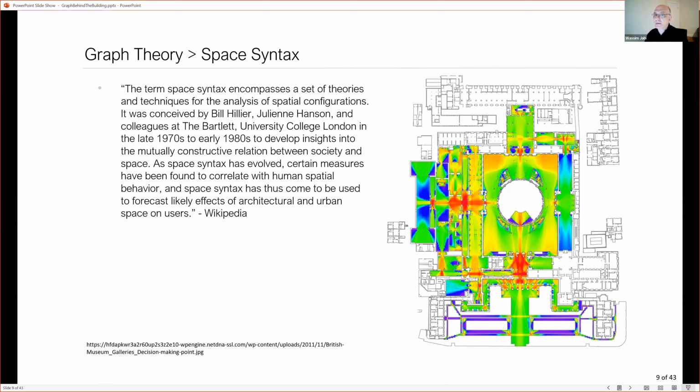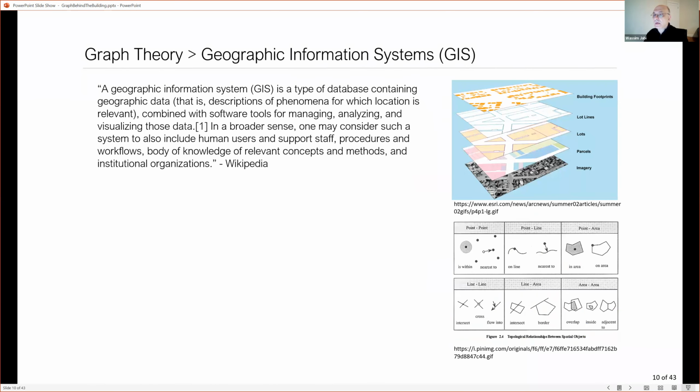So graph theory becomes really important and really useful. If you're dealing with GIS, geographic information systems, they are all about topology. They're all about whether a point is in an area, whether this plot of land is next to a street or next to another plot of land, and how do you get from point A to point B? And they do it obviously in different layers. And we've actually looked at GIS systems, and we are now trying to integrate what we are doing with GIS systems as well.